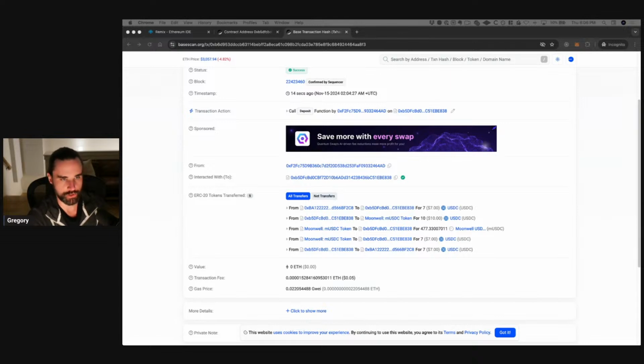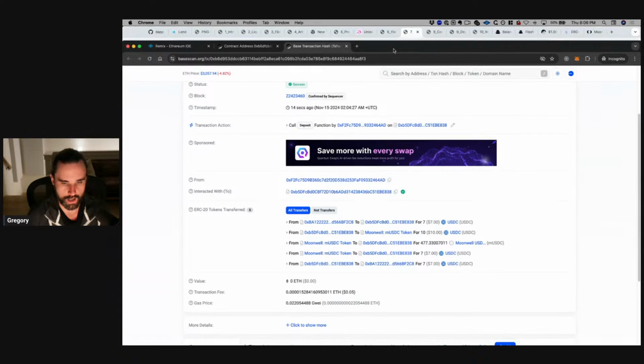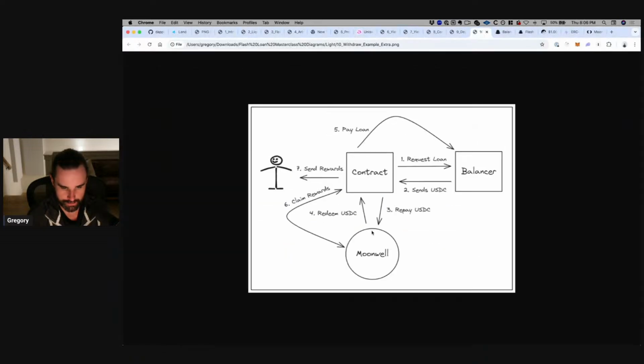So really it needs time to actually accrue that passive income. Whenever you let it sit there and you want to withdraw and actually get the money back, that's when you take everything out. Okay. So that's the opposite side of the equation. It's going to take out a flash loan, pay back the borrow, and then withdraw everything out of the application and give it back to your wallet, and then pay the flash loan back. So that's like this step right here.